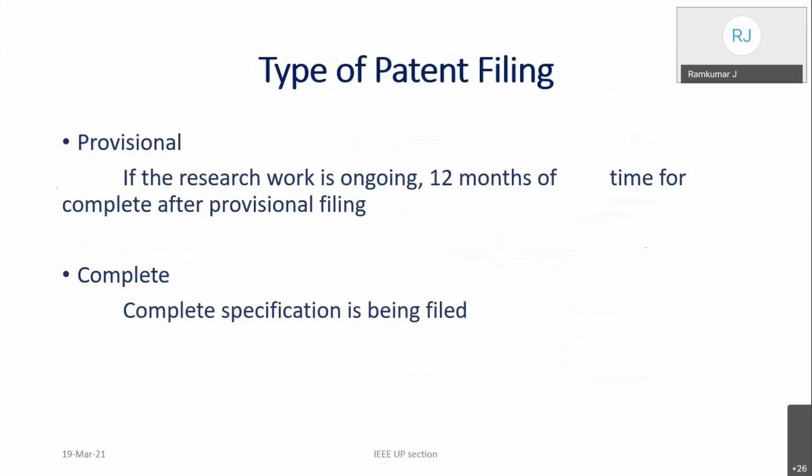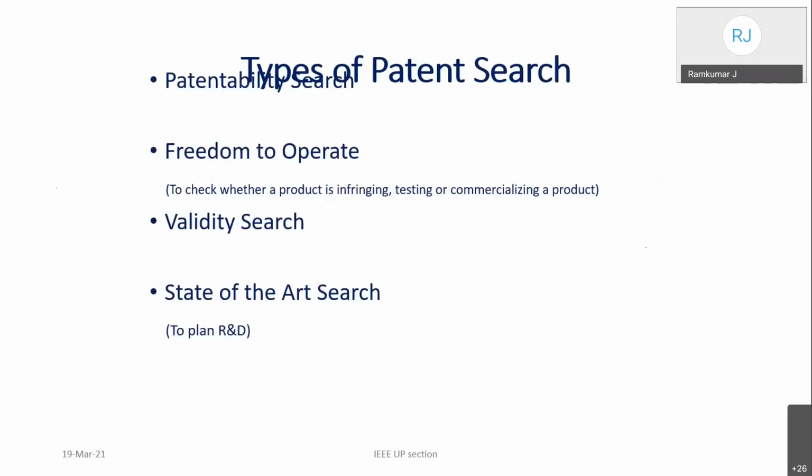Provisional patents are also given. Today I have an idea, but I am not able to demonstrate the product today. What I will do is I will go register my idea and then I'll say, please give me time, I will make it. At the end of 12 months, if you are not able to demonstrate, then this goes into public domain. You cannot patent this product in the near future. Provisional is as soon as I got my idea, or as soon as I have developed some product, I have not tested it, but I wanted to get a provisional patent, you can get it. It is valid only for 12 months, strictly 12 months. At the end of the 12 months, it goes away directly and then it goes out of your hands. So you can apply for a provisional patent, you can apply for a full patent. Complete specifications are to be filed for a patent.